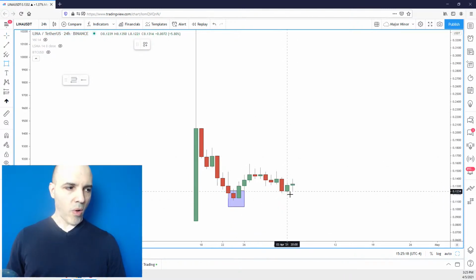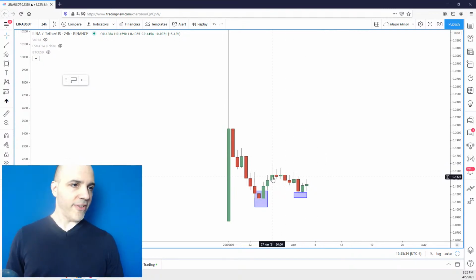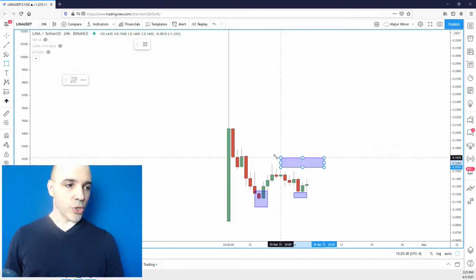Which means it wants to hold. And then you have this higher low right here, which is just around 12 cents. So it looks to me like there's no trend here. Just because we have a couple of higher lows doesn't really mean anything. We need to take out highs. The high is 15 cents. That's the first thing it needs to do to argue that the trend is bullish.